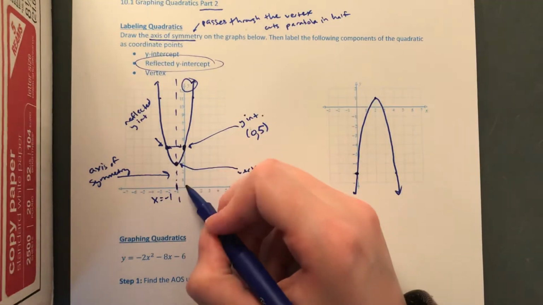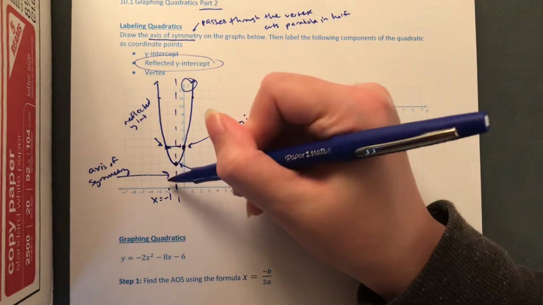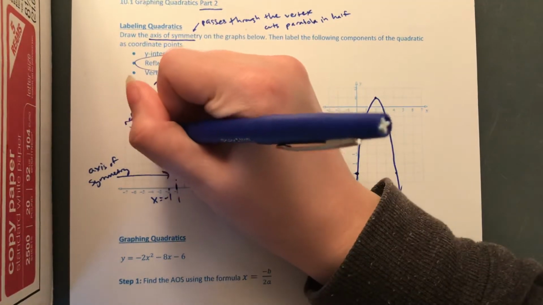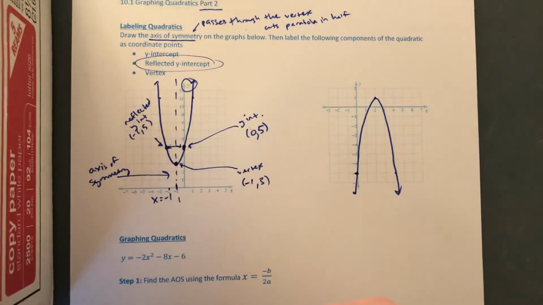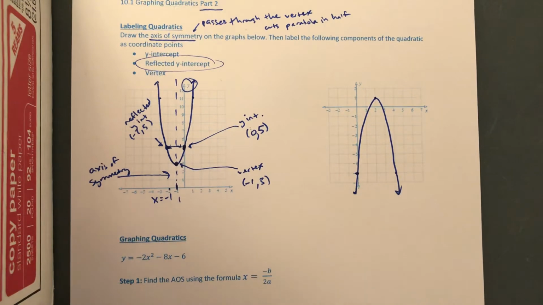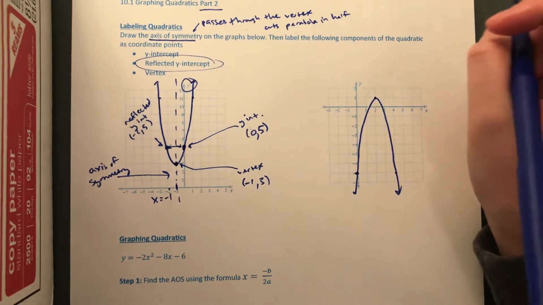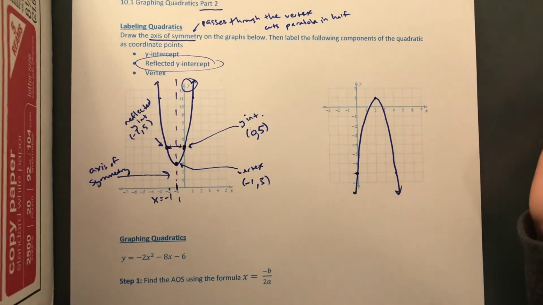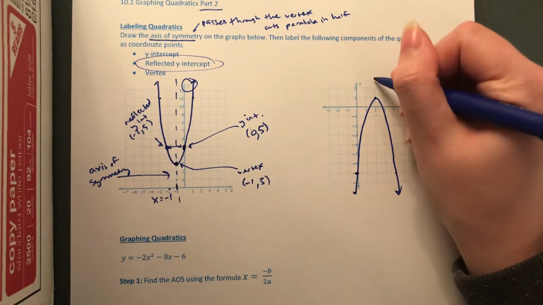And that's at the coordinate. We go left 2, up 5. So if you guys want to pause and try the second one, if you have a note sheet, go for it. So the axis of symmetry